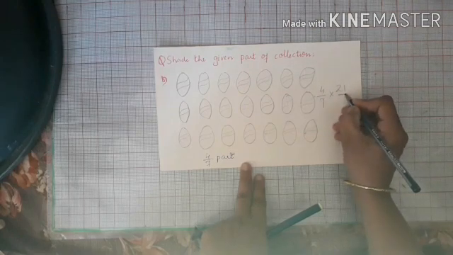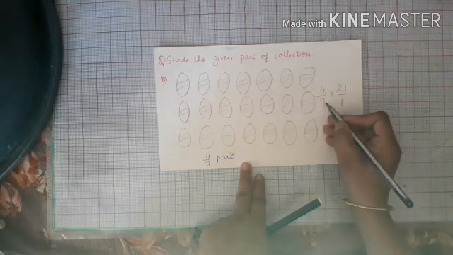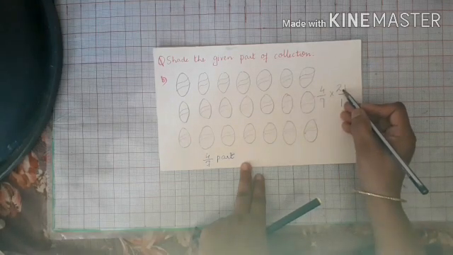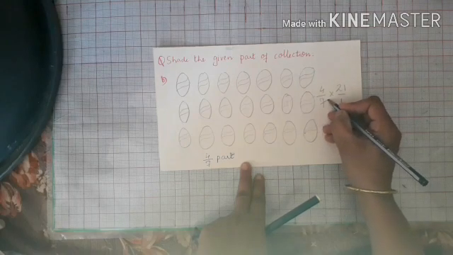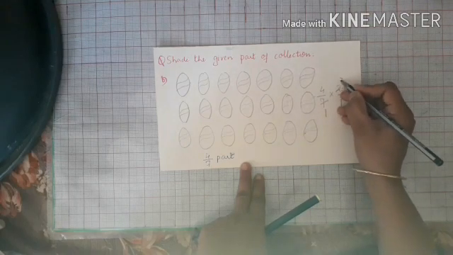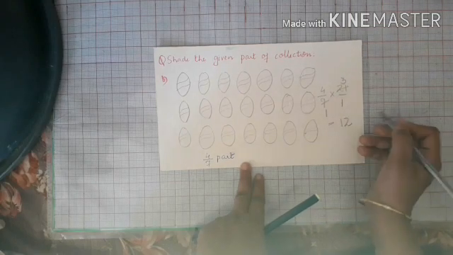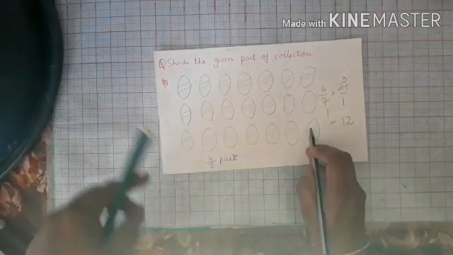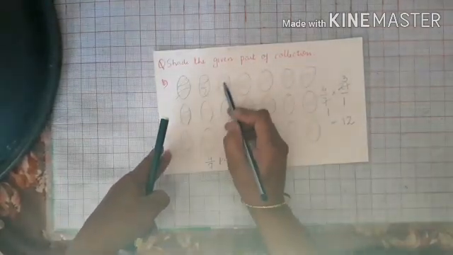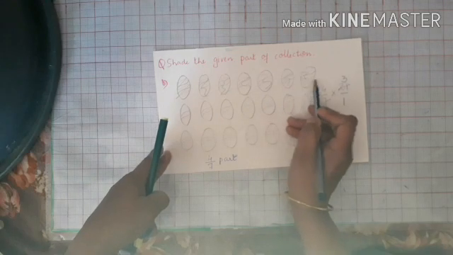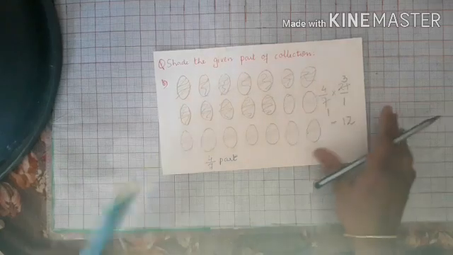So write the denominator. If nothing is given, it's always 1. So 7 and 21 both come in the 7 table, so you can reduce it. That is 7 ones are 7, 7 threes are 21, and 4 threes are 12. So 12 balloons are to be shaded. Any 12 balloons you can shade. So I can shade 7 balloons here, 8, 9, 10, 11 and 12.